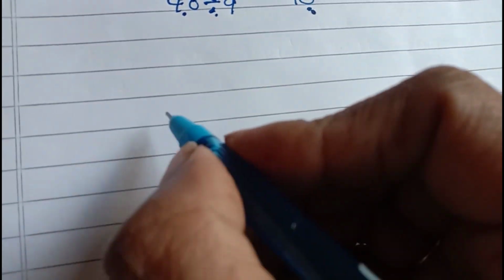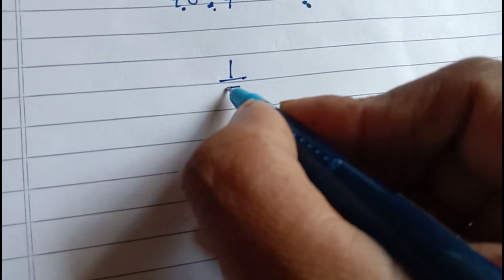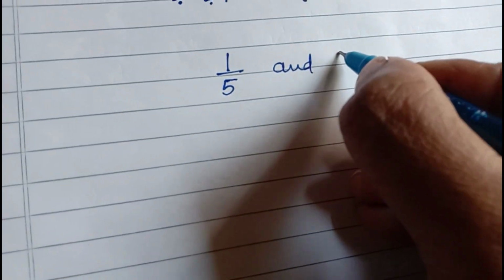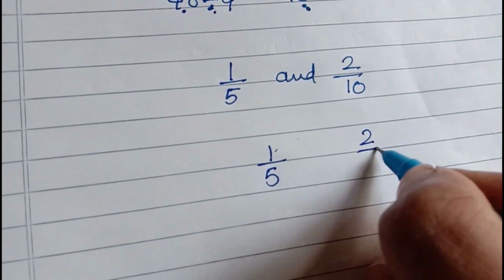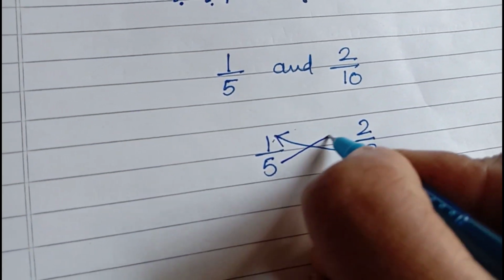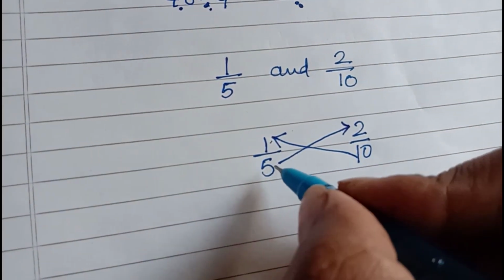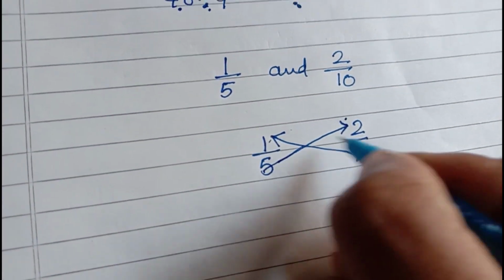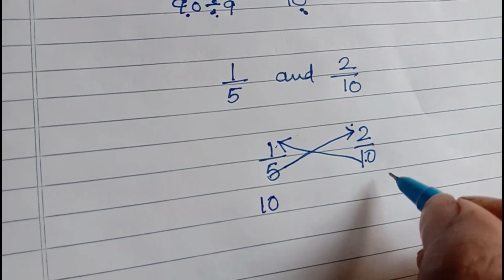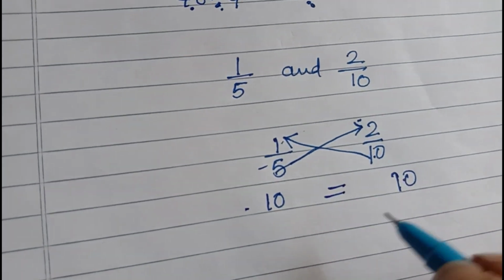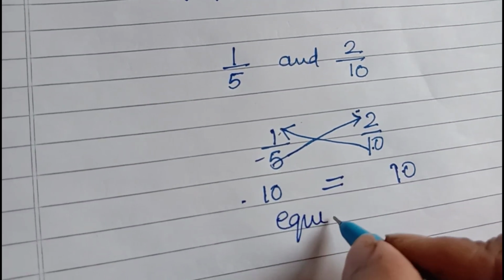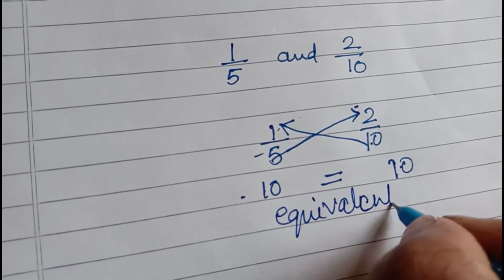Now if you have to check the equivalency, that means what? आपको चेक करना है कि actually आपका ये fraction equivalent है कि नहीं. Now if I have 1/5 and 2/10, तो what will I do? 1/5 and 2/10 को you will cross multiply. When you cross multiply means cross में करते हैं जो multiplication. 10 1s are 10, here the product is 10. 5 2s are 10. So both the products are equal, so they are equivalent. क्यों? क्योंकि आपके products जो हैं वो क्या हैं? Equal हैं.